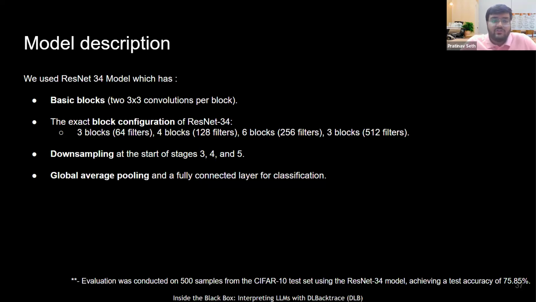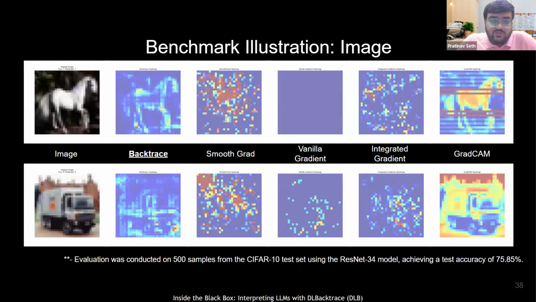Illustration, so this is the model architecture, but coming back to the illustration, if you can see it visually, it gives us a very good idea. For methods like GradCam, it gives high importance to everything, so you're not able to distinguish if the model made the current decision or not. For some it's actually blank, but for backtrace, it focuses on the edges and parts of the model based on which the actual decision is being made. In the horse image, it's focusing on the edges instead of just the body part, so it's seeing the shape of the object and then making decisions.